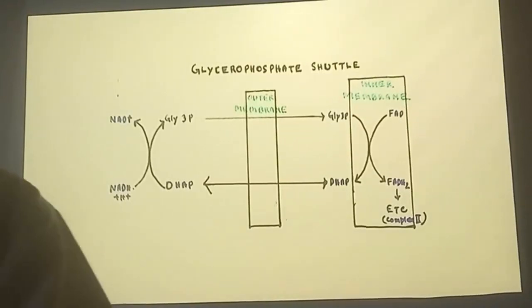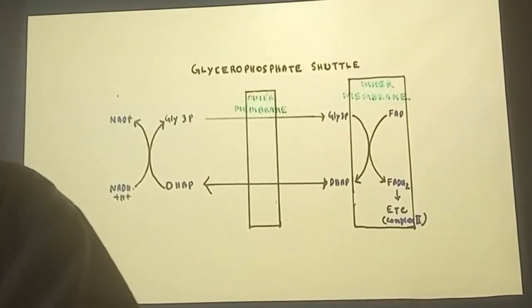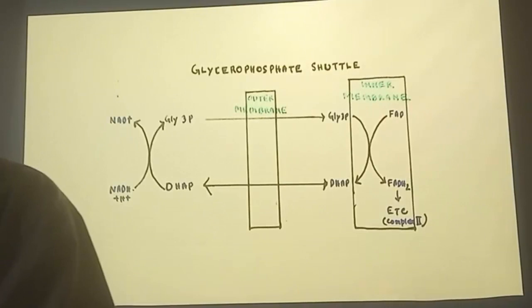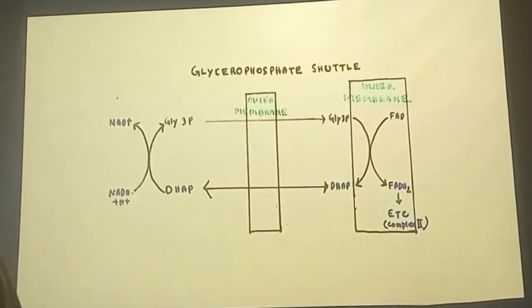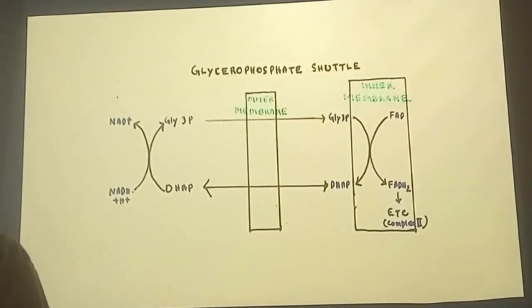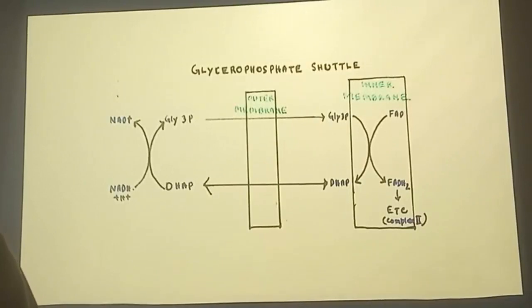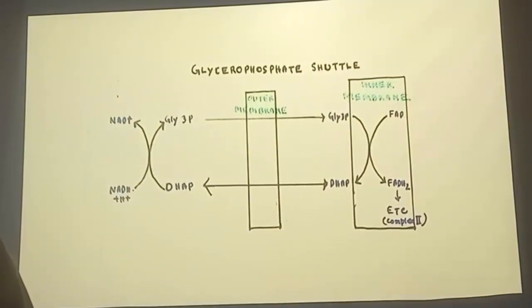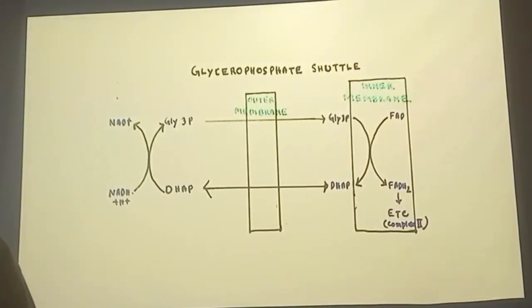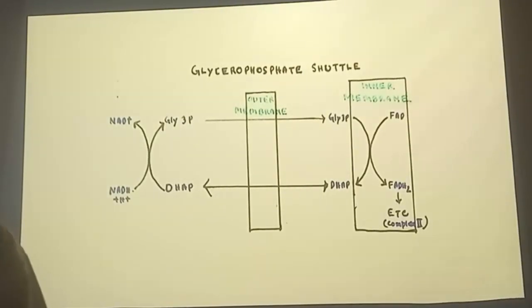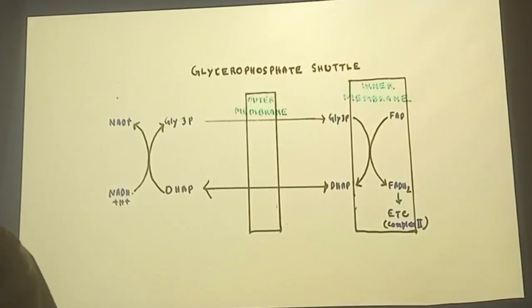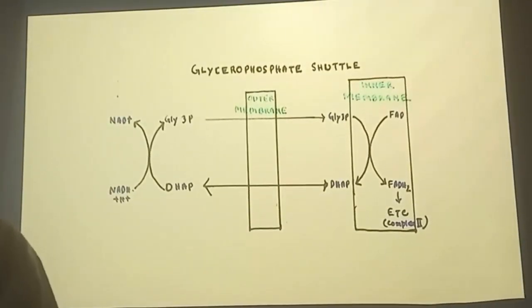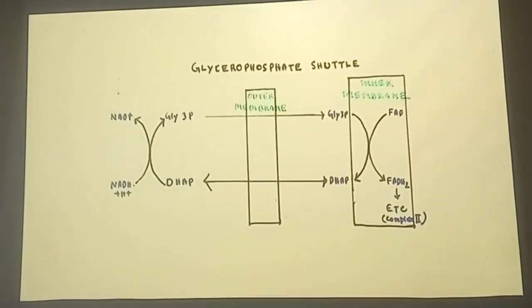Now there are ways of generation of ATPs. The amount of ATP generated through the electron transport chain depends on the entry of NADH or FADH into the matrix to be oxidized in the electron transport chain. So two shuttle pathways are there by which extramitochondrial NADH can enter the matrix.